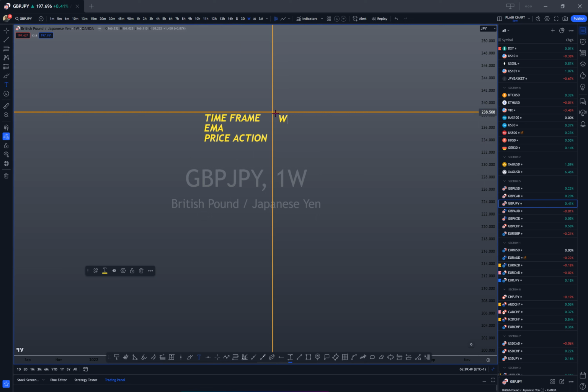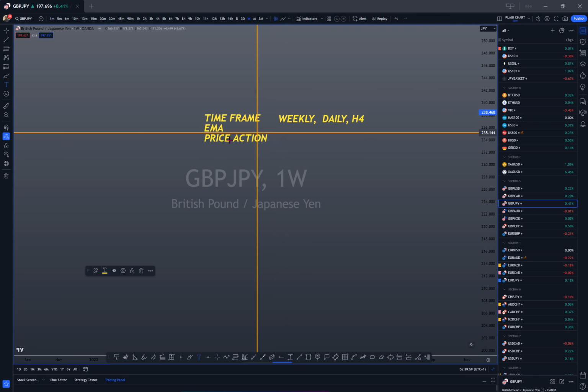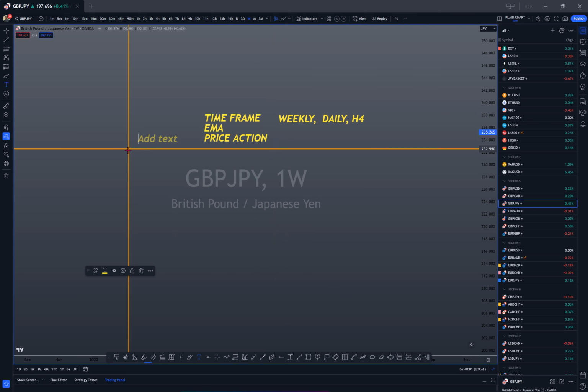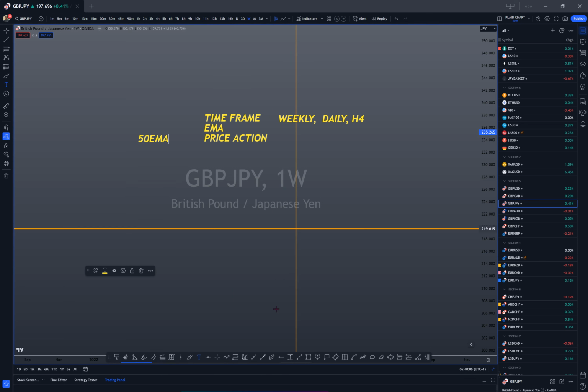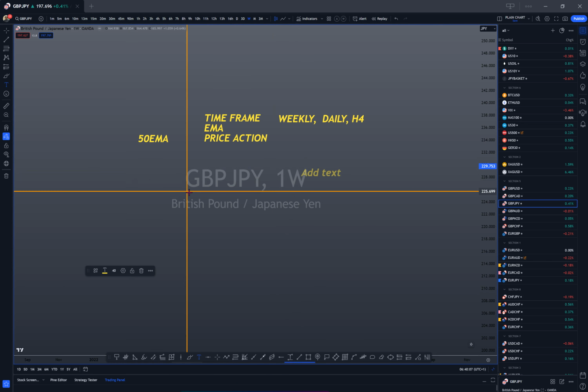So the time frame we are looking at is the weekly, the daily, and the 4-hour. The EMA we'll be using is the 50 exponential moving average, and we'll do price action. So price action, we'll be looking at things like break and retest, and trend lines, and supports